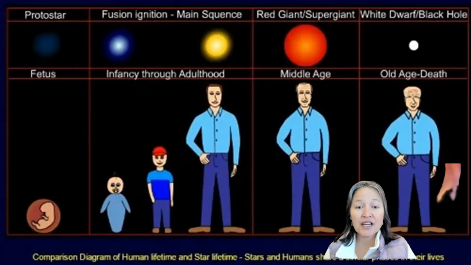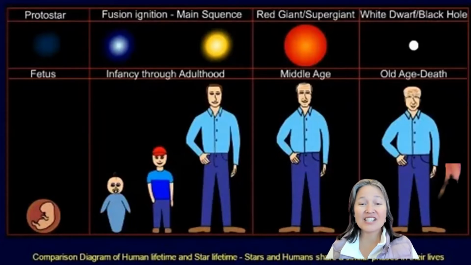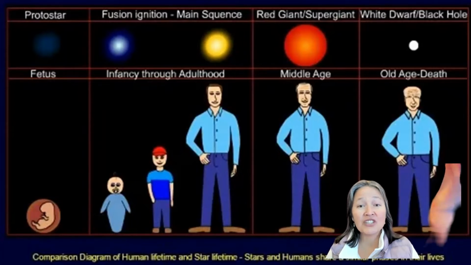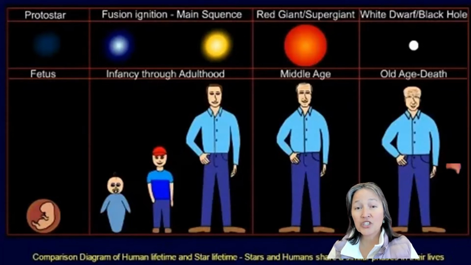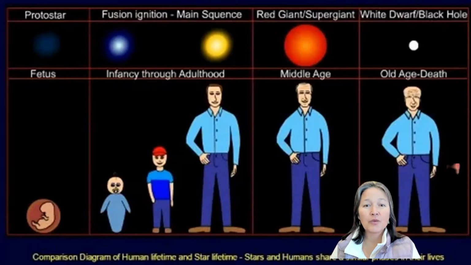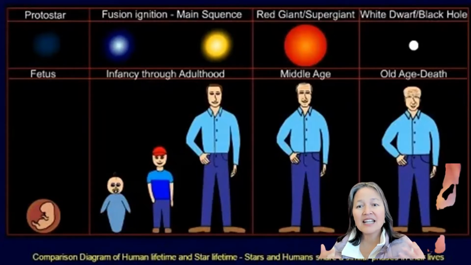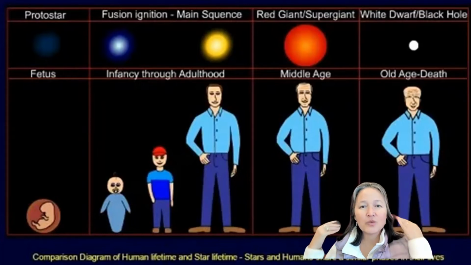Then, of course, we progress as humans to middle age. Okay, middle age, and you can put a number on that. It's just more the metaphor of middle age. And when a star hits its middle age, it's either a red giant or a red supergiant. Okay, so when you see that red, just know it's like the middle age of a star. And the red, we'll show you later, has a particular color that will indicate its life, like where it is on the life cycle. Now, when we get older as human beings, isn't that interesting? Our hair gets white.